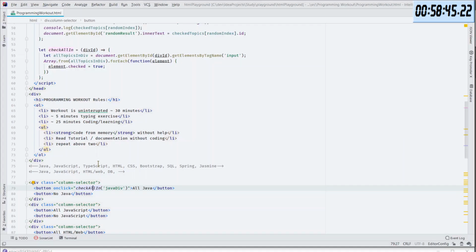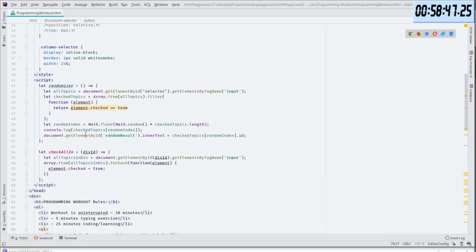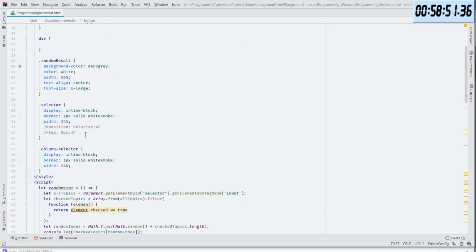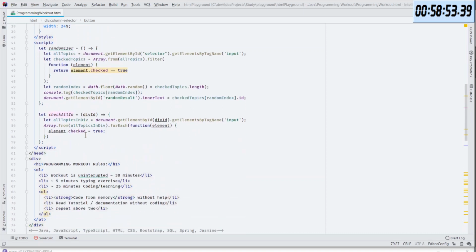I'm thinking it could be two things, right? One would be check all in, and this other one would be uncheck all in. It's kind of code duplication because the only line I will be changing is this one. This would be to false.